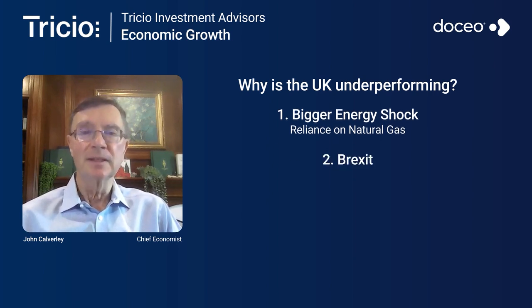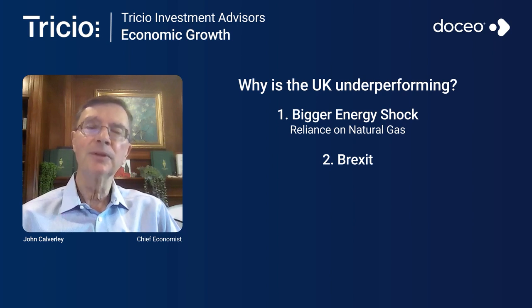Then, of course, we had Brexit in the background. It took effect in 2021. And we know that the effect of Brexit was to lower the pound, and I'll talk about that a bit later on. We also know that the effect of Brexit was to lower investment. At least we think we do. We can't be sure because we don't know exactly what would have happened otherwise. But when we compare investment trends in the UK with the US, or even with Germany, we find that the referendum in the UK suddenly impacted on investment in the UK. And if you have lower investment, you're going to have lower growth.